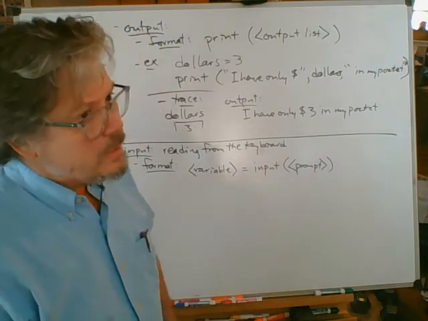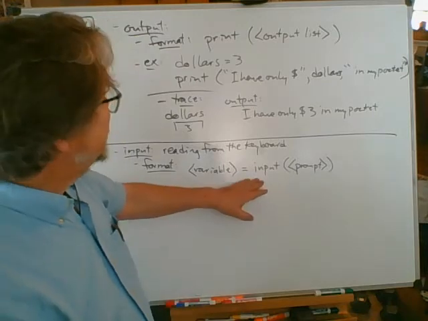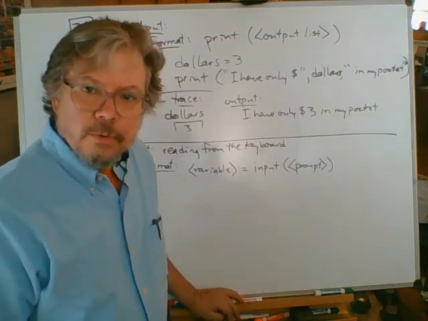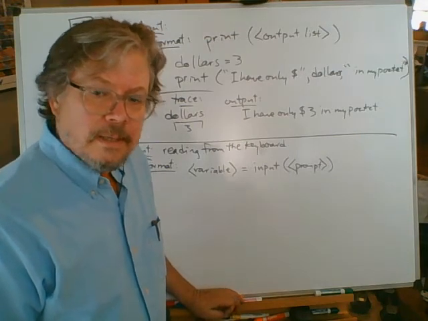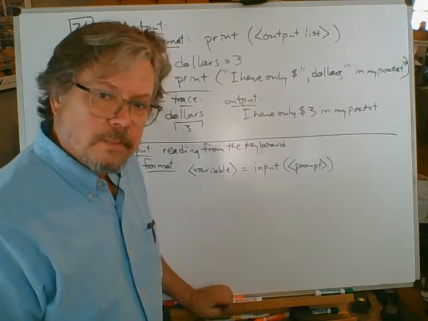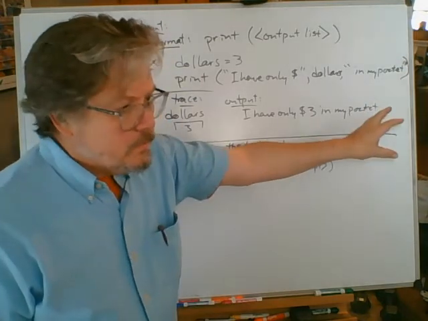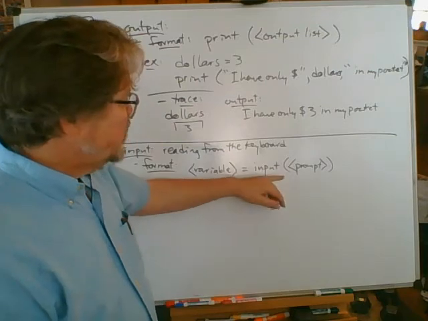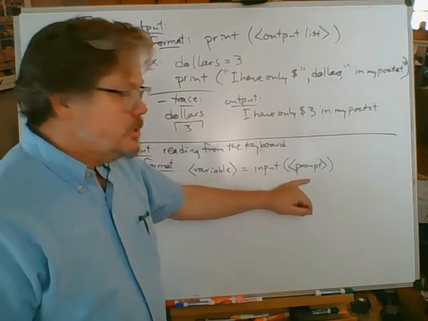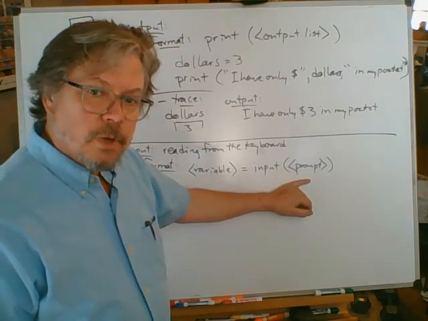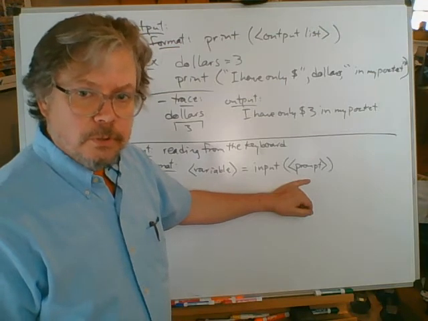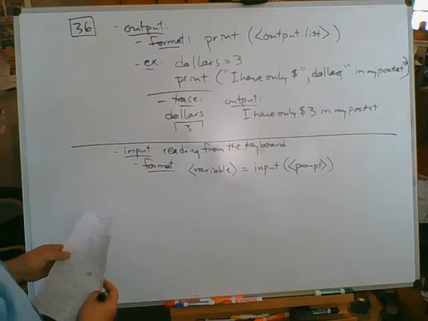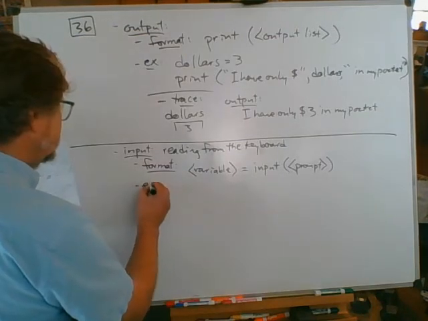Input. Okay, what is it? Stop being coy. Input and print are invocations of library routines. Remember what a library is in the role of software development? Input is going to run a miniature input program to read from the keyboard and get back to us with whatever it got from the keyboard. Prompt is the string it's going to print on the screen so that our fearless user knows what they're supposed to do next. Otherwise, it's just going to have a blinking cursor and they're not going to know what's supposed to happen. The effect of this,